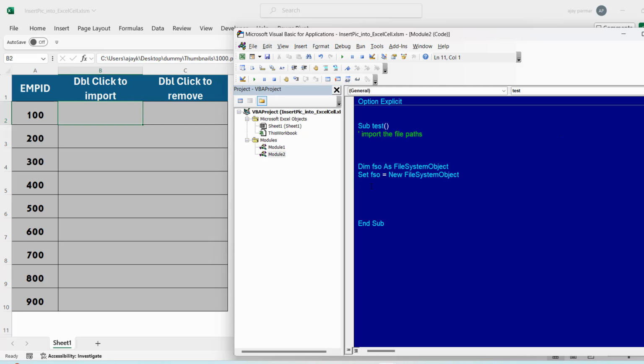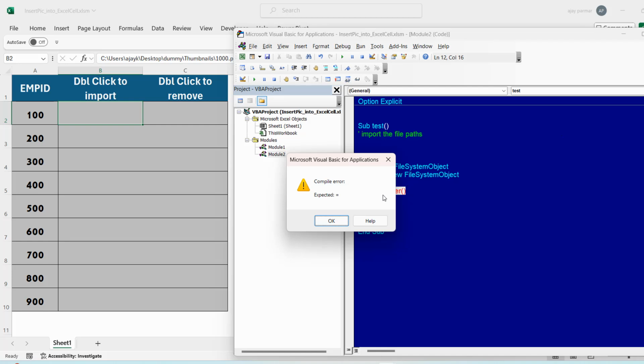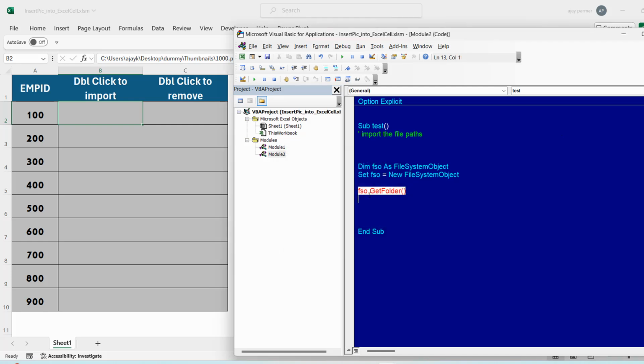Okay, this is how we define it, because you see, the moment I start writing dot, this is where I get all the different methods which I will be using. Now I want the folder. So for the folder, you have to go and give it here. But before we define the folder, we have to allocate an object for this. So I'm going to simply say that this is going to be my folder, and now here we will simply